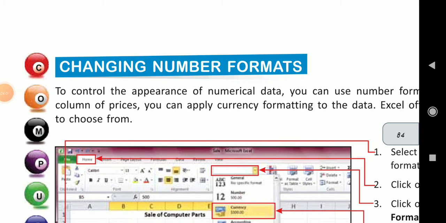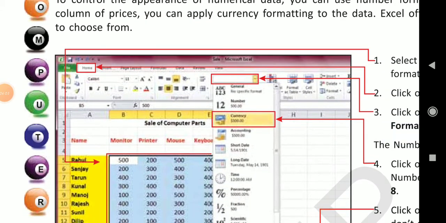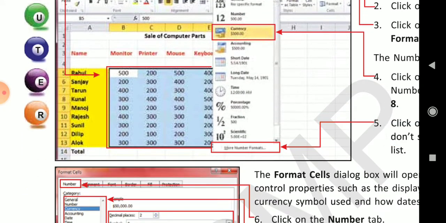Changing number formats. There are 12 number formats through which we can change our numbers in the worksheet while preparing a table, and where you have fed data and you want to change numbers into currencies or percentages, you can use the number format.